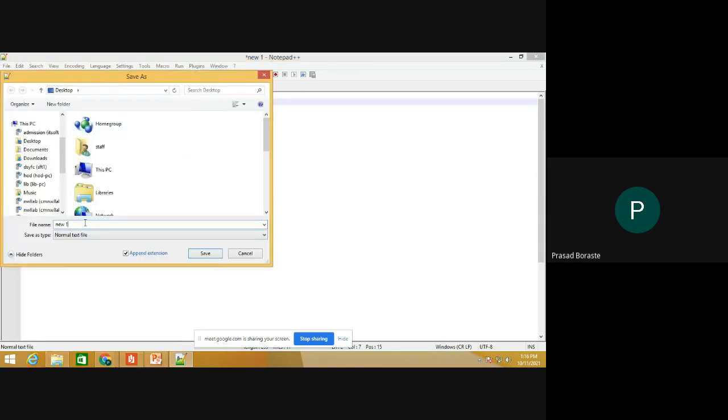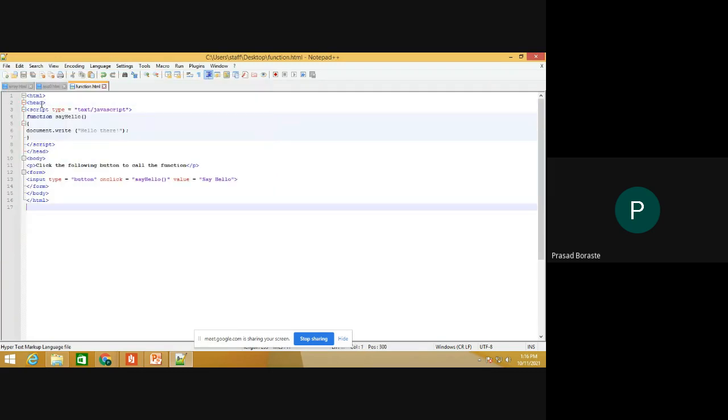We'll save it on the desktop as function.html. So in the program, I have first written the HTML tag. Then in the head tag, I am using JavaScript code by typing script type equal to text/javascript. In that, I have written a function named sayHello. In that, I have printed the message hello dear. Then close the script tag.